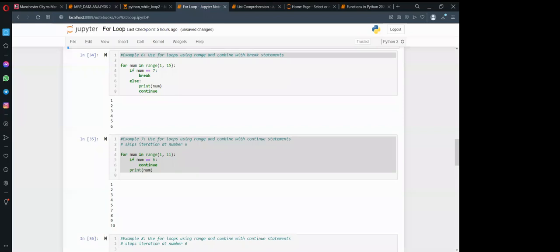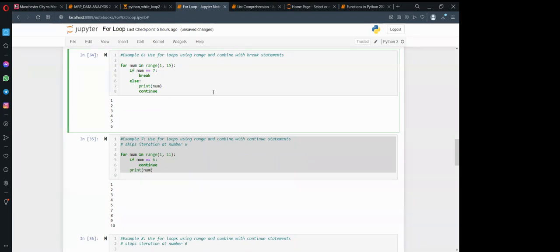Then example 6, you can use a for loop using range, and you combine it with break. So that is the beauty of this. You can combine both the break and the range. For example here, it doesn't have to be X. You can replace num with any other variable. If you put X there, it's still just a variable.